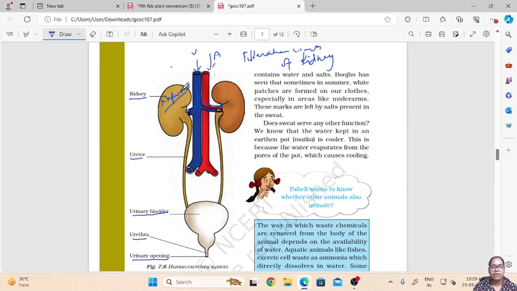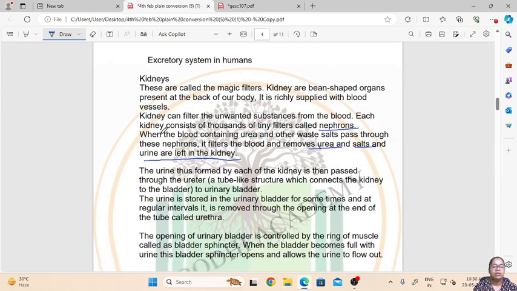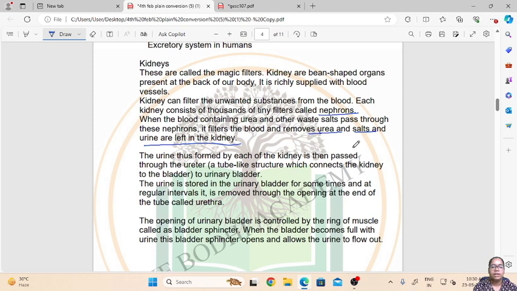is the waste product filtered by the nephrons, will be dissolved in the excess amount of water which is there, and then from here, now it is filtered, then from here through the urethra it will travel down to the urinary bladder. Okay, so the urine which is formed in the kidney will pass through the urethra and then it will reach the urinary bladder. So urine is stored in the urinary bladder for some time, and then it is gradually removed through